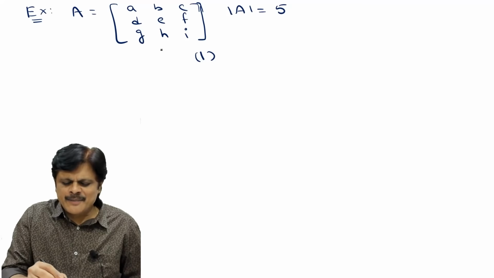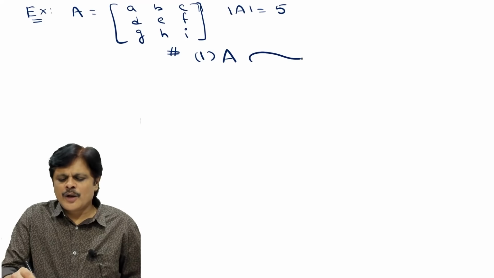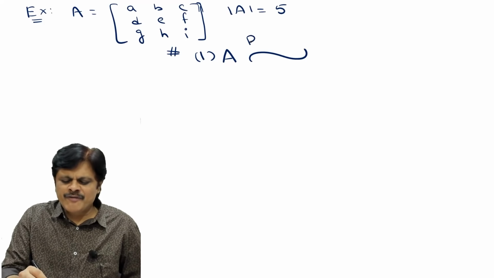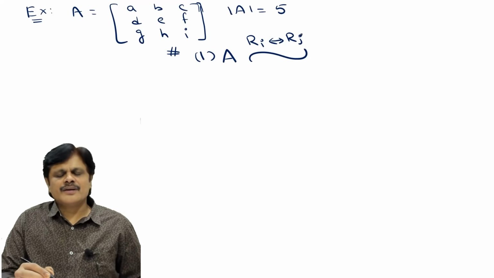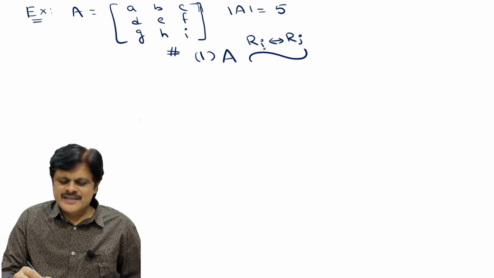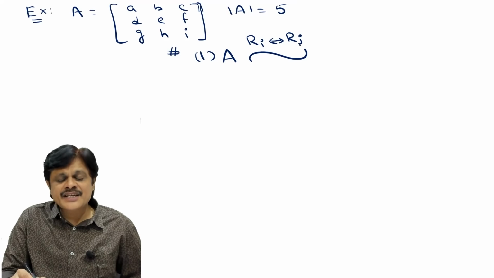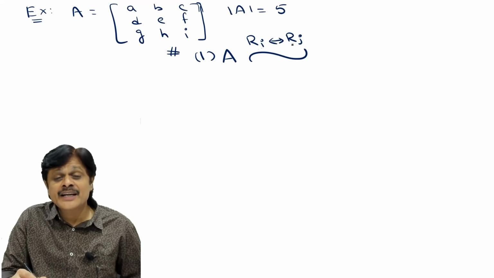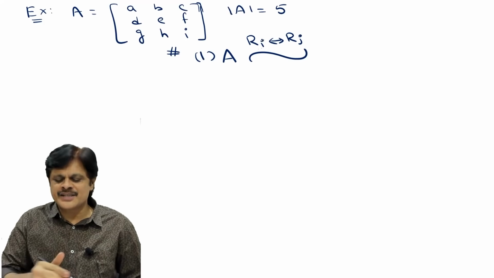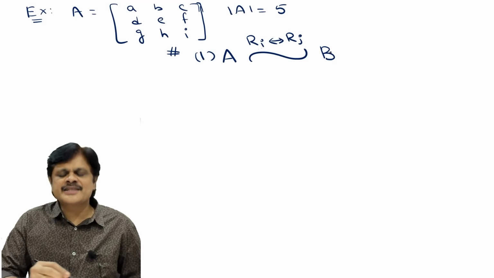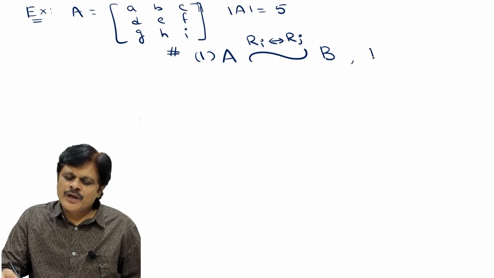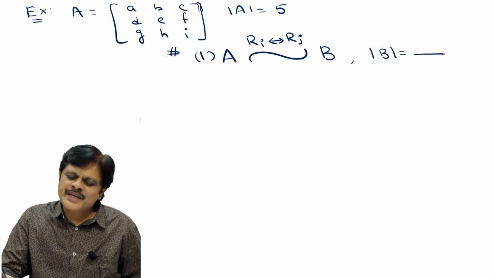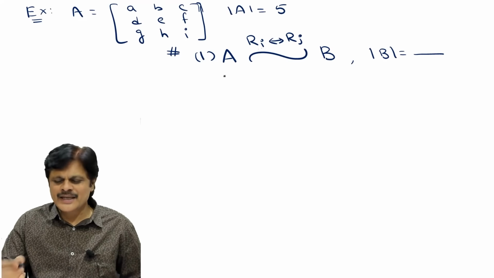Now look at this. The 3 properties I am writing here. Suppose this is the matrix A. On this matrix, you perform a row operation. I am writing for a general matrix. Say the ith row is interchanged with the jth row. This is called interchanging 2 rows. This notation is for interchanging 2 rows. When 2 rows are interchanged, and suppose you got a new matrix, say B, then what is the determinant of this new matrix B? Okay, that is the question.